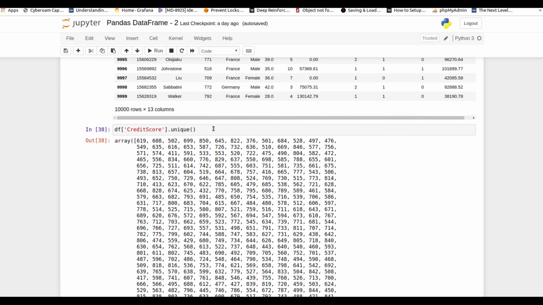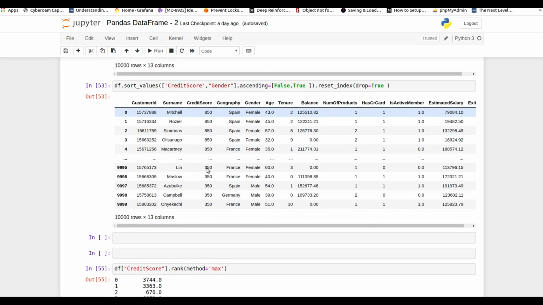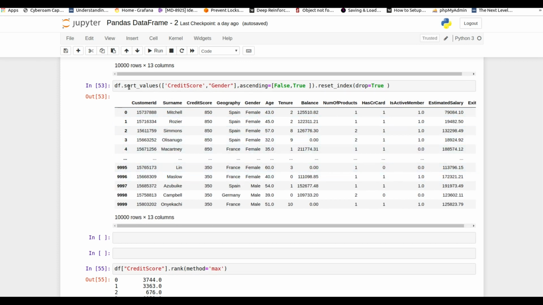Next, maybe there's a question with unique: if you need to see how many unique values are present in a column, you need to explain this. We have a function nunique, and that's it, guys. And this is also a good function which we use for reporting purposes. Suppose you need to share a report with anyone, and there's a null value, it will be better if we show the null values at the end of the data frame or at the end of the sheet. In that scenario sort_values works very well.